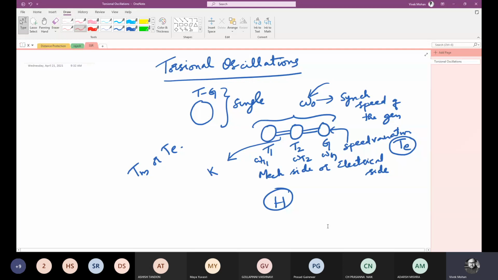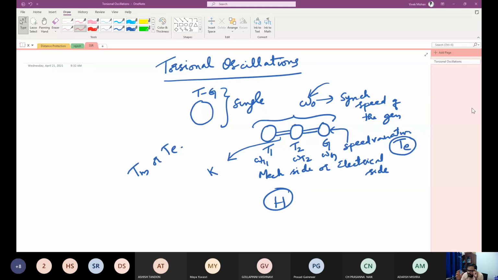So this is like, let me open the video, 1 minute. I'll make it more clear. So we have two shafts like this. In between there are two masses. In between there is a shaft. So if the shaft is infinitesimally stiff,